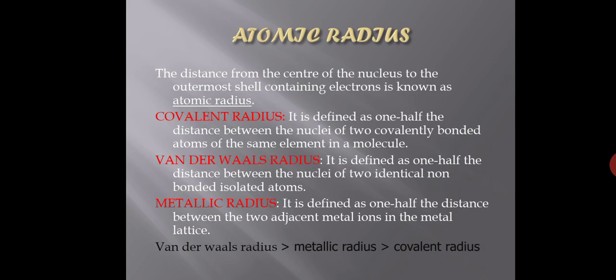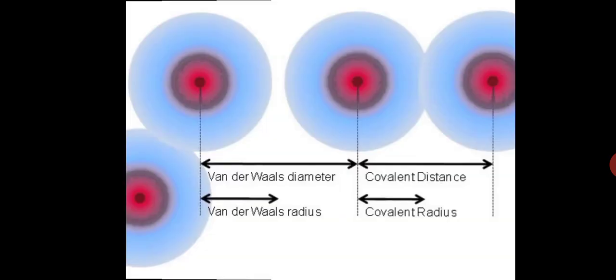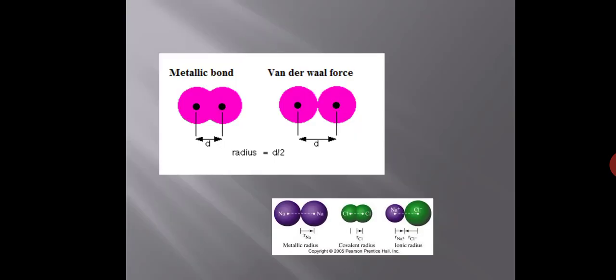And in the case of van der Waals radius, when you find 1/2 of the distance, it is more, because as you can see in this figure, it's not overlapping. At the most, they are in contact. But in covalent radius, they are overlapping upon one another, due to which the covalent radius is slightly smaller than the van der Waals radius. Here you can see van der Waals radius very clearly.